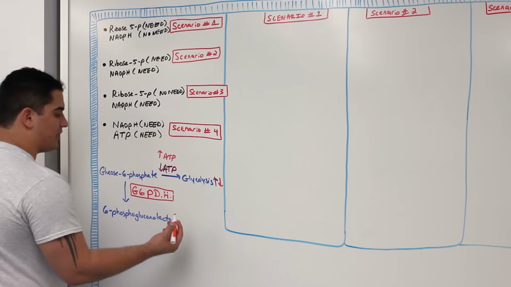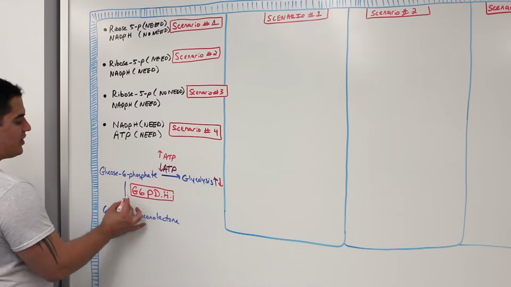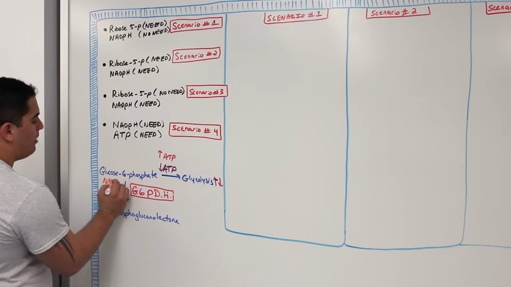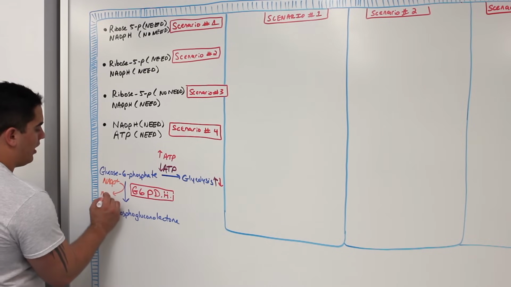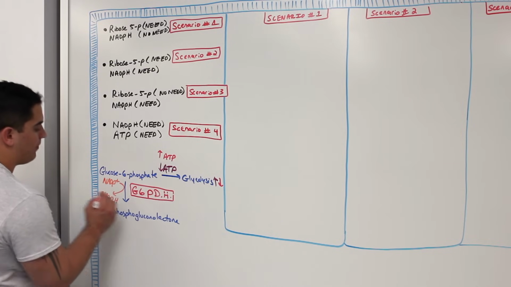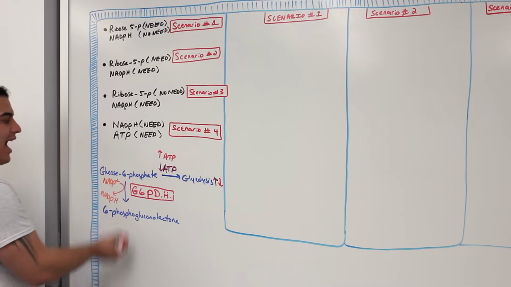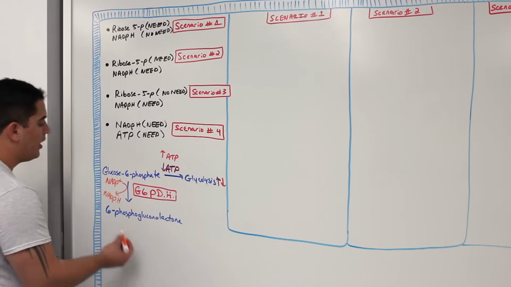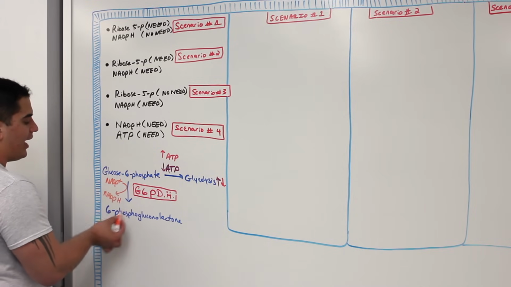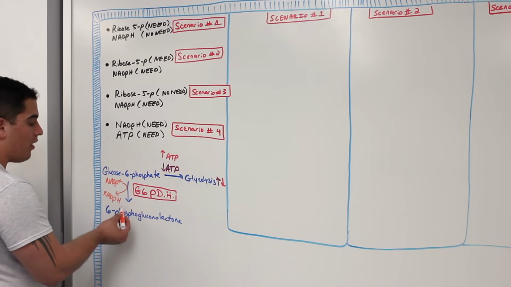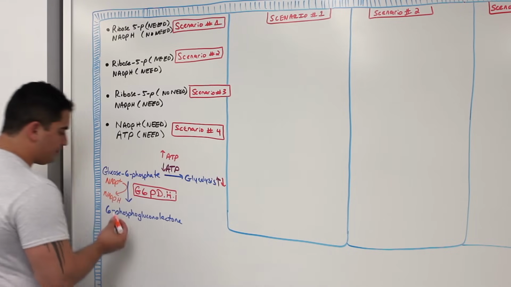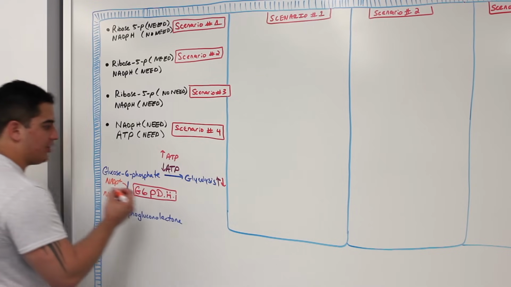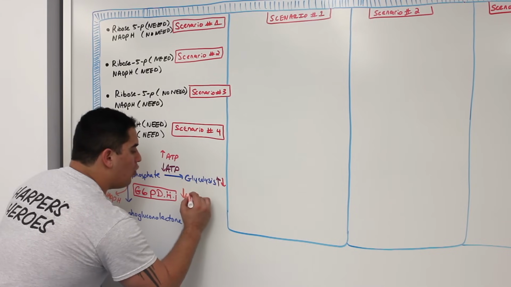So it goes like this instead. If you guys remember, in this step, I'm taking NADP positive and converting it into NADPH. The whole purpose of this oxidative phase, remember there's two phases, the oxidative phase and the non-oxidative phase, is that in the oxidative phase, we're generating a lot of NADPH and a lot of ribose 5-phosphate, right? But here's the significant point. You're trying to make NADPH. So if you have low